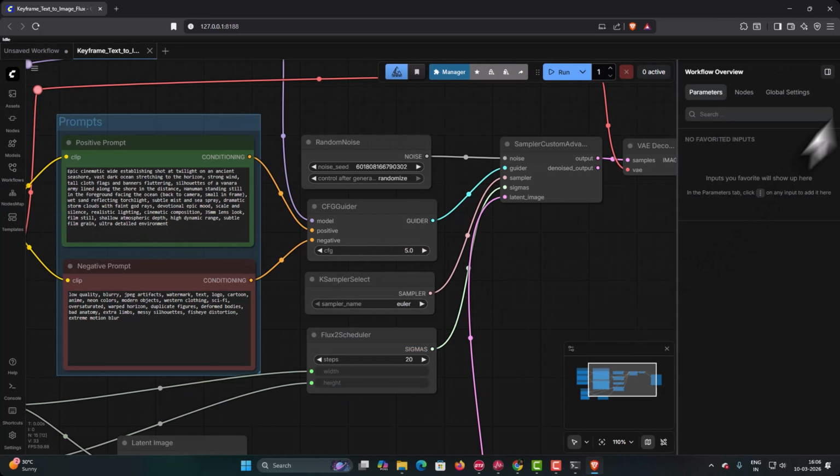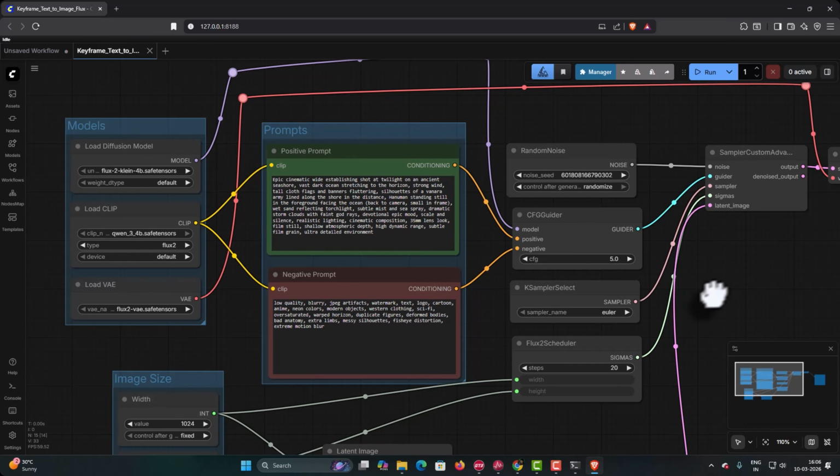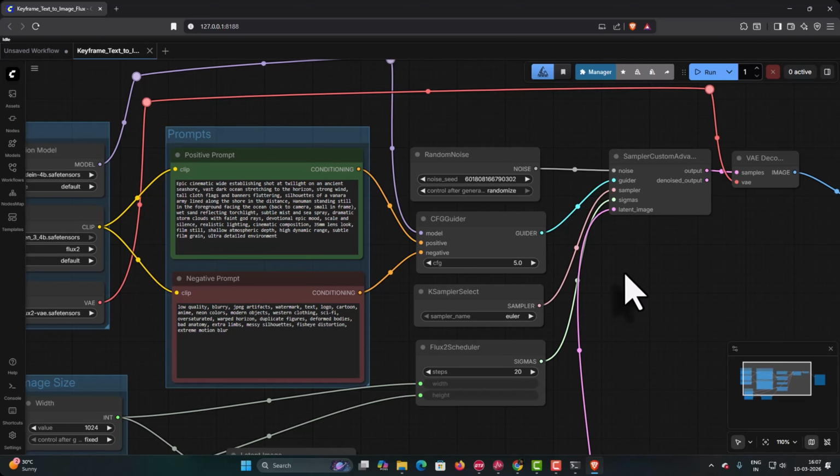Coming back to ComfyUI, we have now successfully completed the creation of keyframe for our very first shot, and for the remaining shots we are going to create our keyframes in our next session. And I will also introduce you to another node here which is called IP adapter, which is used to maintain consistent character look throughout your shots. This we are going to cover in the